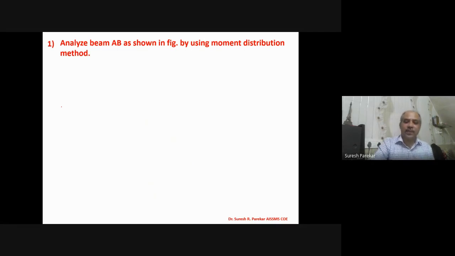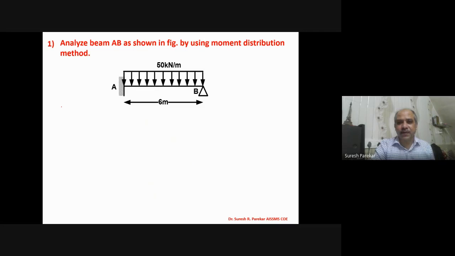Now we will go with 3 problems, and we will consider different types. First, one end is simply supported. Another case, both end supports are fixed, and third, one end support fixed and another end an overhang. First we will consider a propped cantilever. When I say propped, I should have a roller there. This we have to always keep in mind: for propped, we should have a roller.